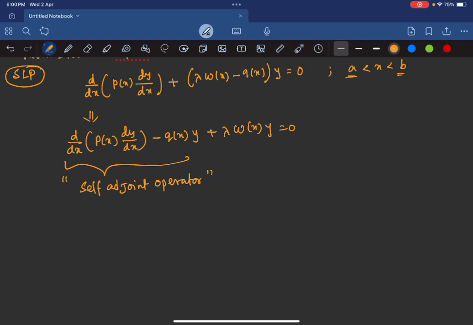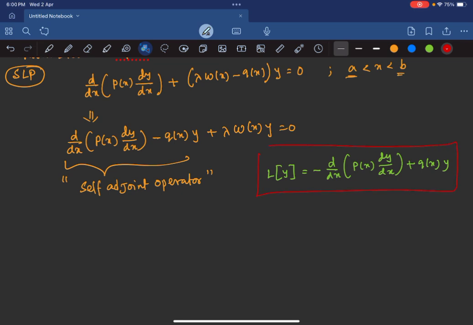It has its own importance, the self adjoint operator. So the self adjoint operator, what actually it is, let me write this self adjoint operator for you. It is given by L of y equals minus d/dx of (p(x) dy/dx)